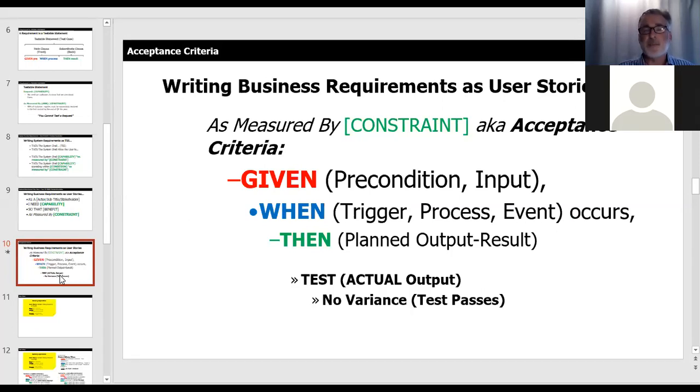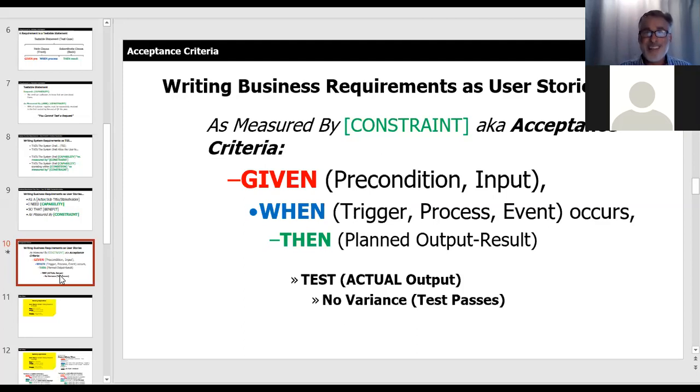That's called acceptance criteria in the user story parlance. But the given, when, and then approach is very useful when you're listening to your stakeholders tell you their needs. So a lot of times I'm taking notes, and I'm listening, and they're writing down their needs, and then I have to come back and try to elicit what the preconditions are, what the triggers or the process might be